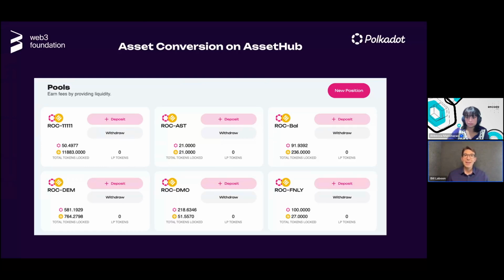Then recently we added an asset conversion pallet. So there is a way on this same chain to easily convert from one asset to another. This is often useful because just like you need Ethereum to do anything on ETH, you often need DOT to do things, or the native token of whatever parachain you're interacting with. And this allows you to have a single place where you can get any of these tokens and swap for them.